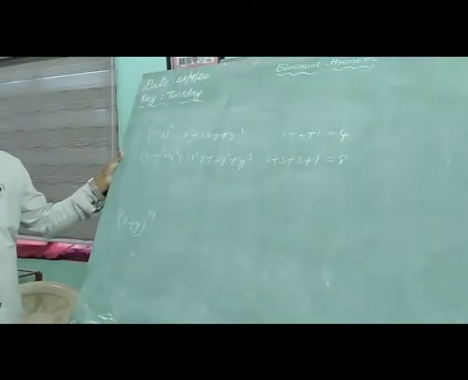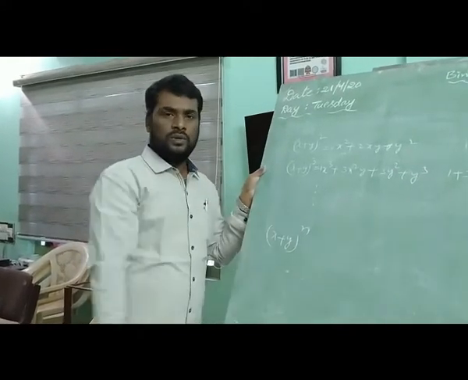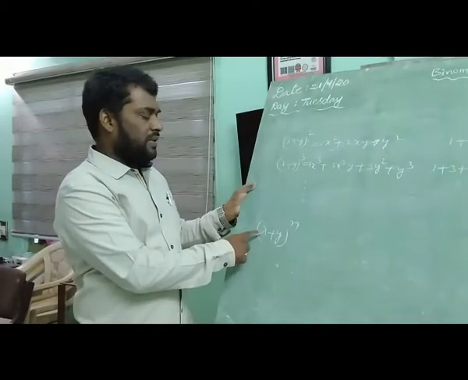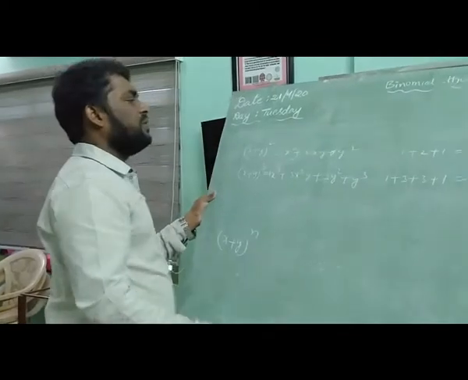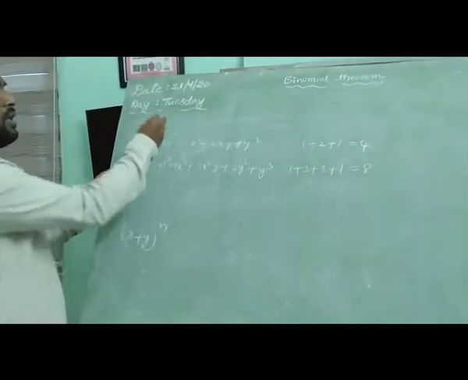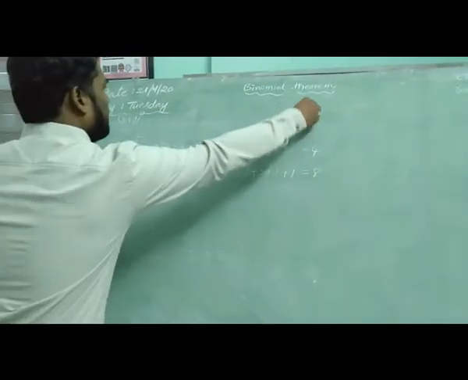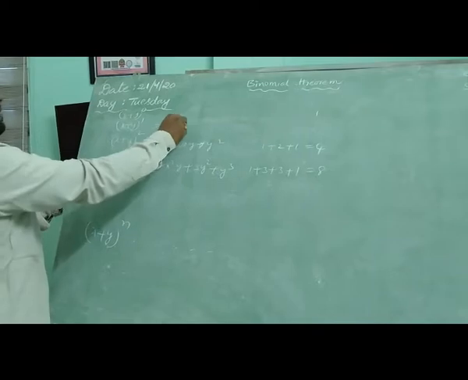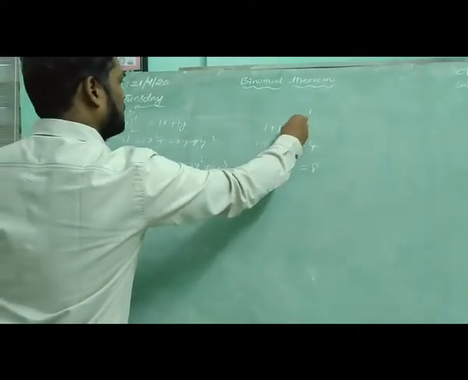what is the sum of the coefficients in the expansion of x plus y whole to the power of n? We can give a general formula. If you observe here, two more examples: x plus y whole to the power of 0. Here the only coefficient is 1. X plus y whole to the power of 1. Its expansion is x plus y. Sum of the coefficients, 1 plus 1, is equal to 2.